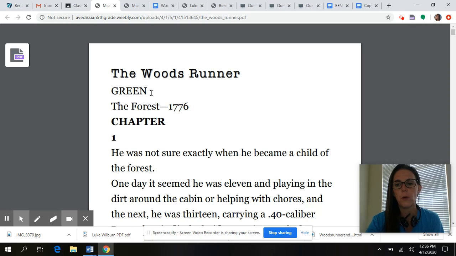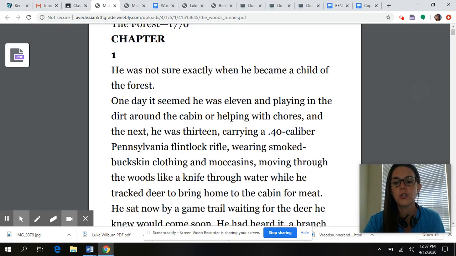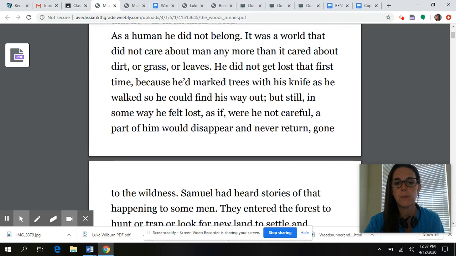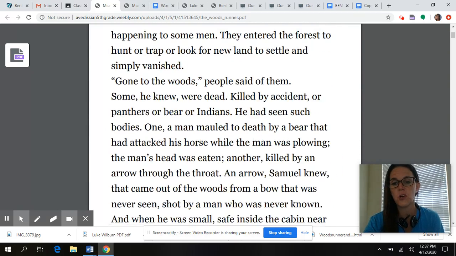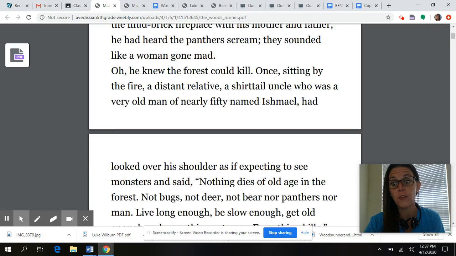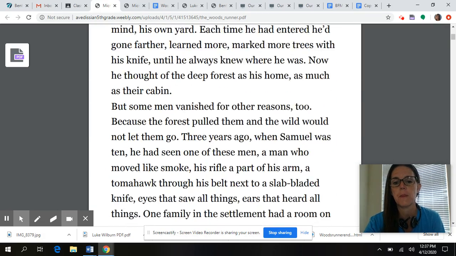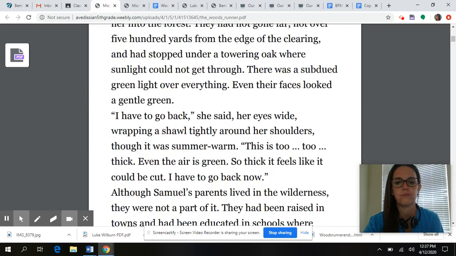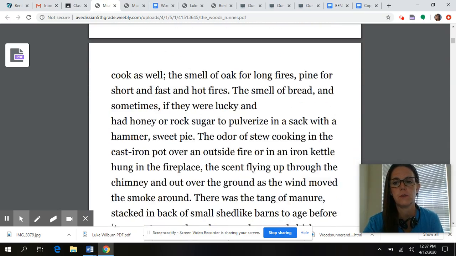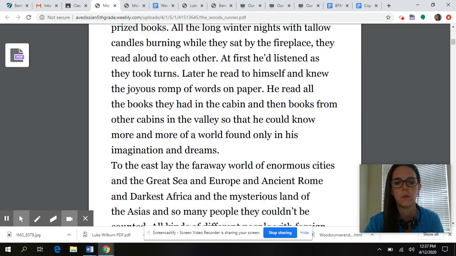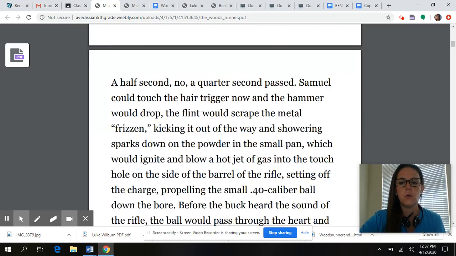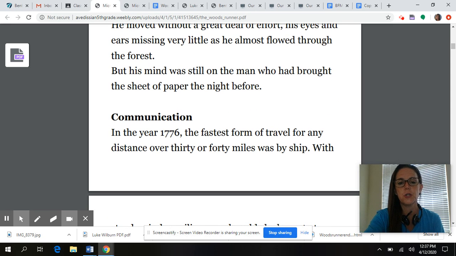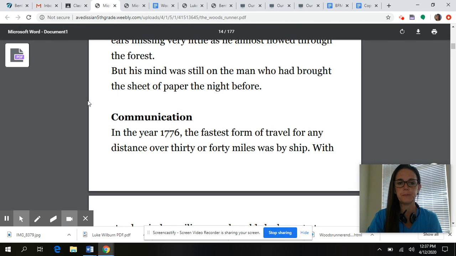One more thing I wanted to point out to you: not all chapters, but some chapters at the very end are going to have an actual historical nonfiction little section. So this is chapter 1. Let me get you there. I love this online learning. Slow, Miss Wilburn. Okay, so you're going to see this heading that says communication.